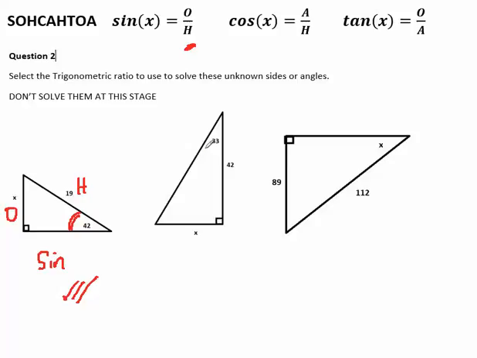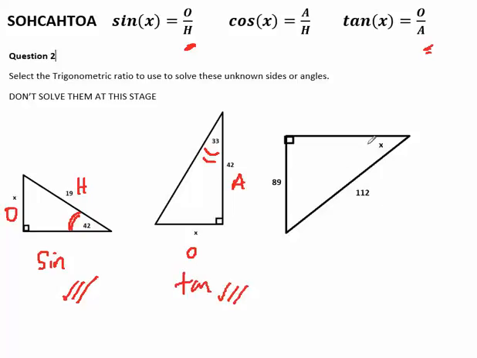Second question, here is the angle. So this is opposite and this is adjacent. Don't care about the hypotenuse. I wasn't asked for it and I don't know its length. O and A, O and A. This uses the tan function.